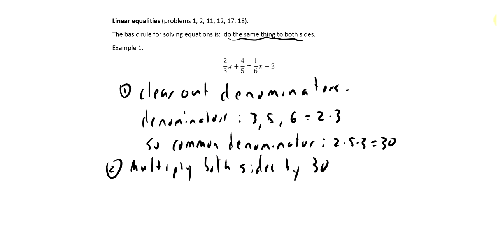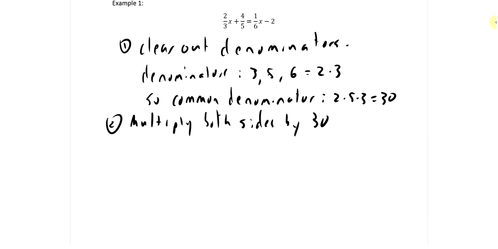So if we multiply both sides by 30, what do we get? 30 times 2/3 x plus 4/5 equals 30 times 1/6 x minus 2. And again, what we've done here is we've multiplied both sides by the same thing,